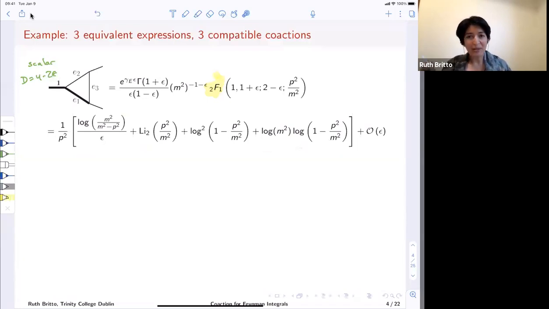Okay, so now we propose there are 3 compatible coactions, which means we can take a version of the coaction on each of these 3 expressions. I'm assuming that most of the audience here has at least a superficial understanding of what I mean by coaction, because I'm not introducing that properly. But for a few of you who might not be familiar with coaction, let me say very briefly,